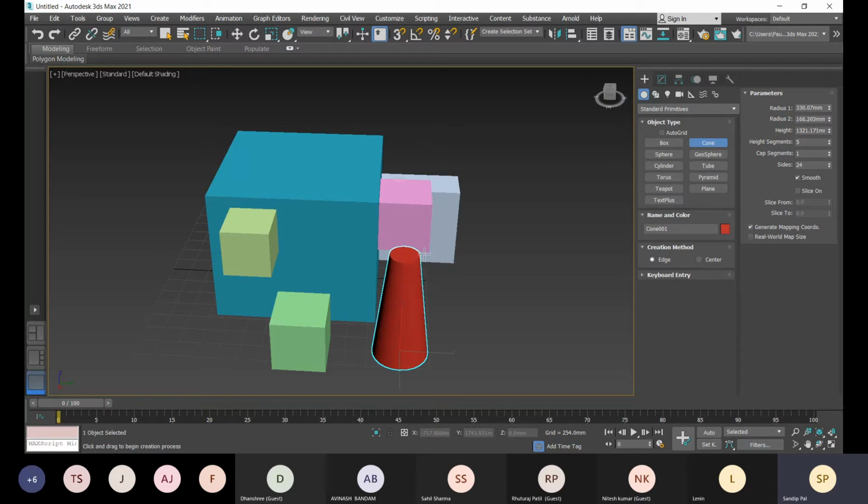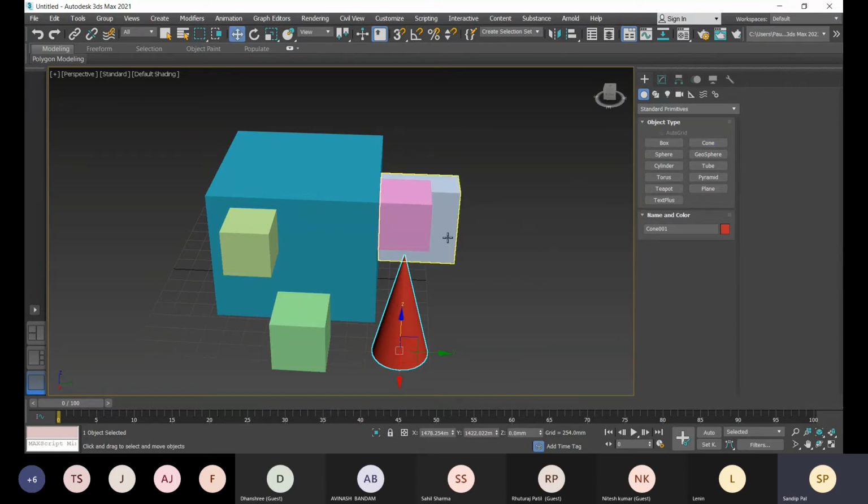According to the top radius you will get either a custom cone or a simple cone. Now this way you can create all of these. These were available in AutoCAD as well, this sphere. What was not available in AutoCAD is geosphere, teapot, plane, and text plus. So let's look into these things.